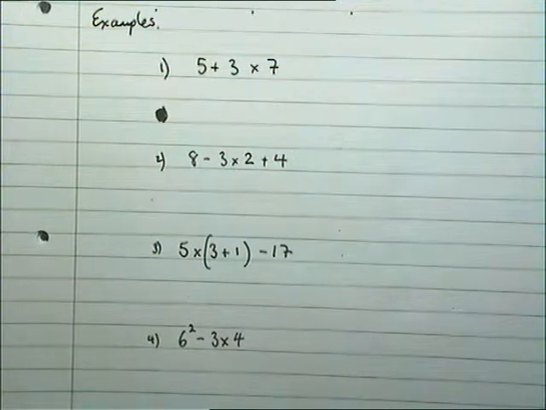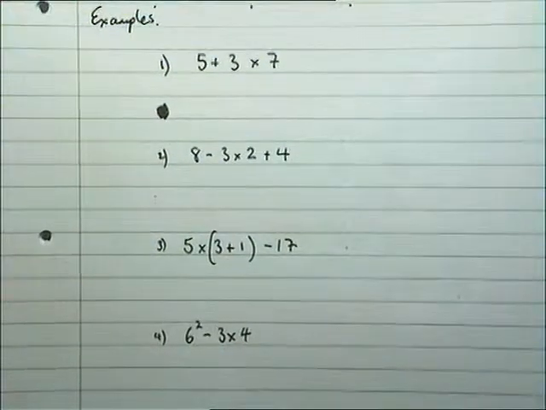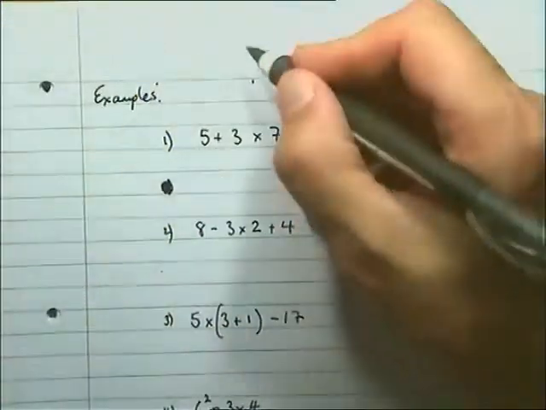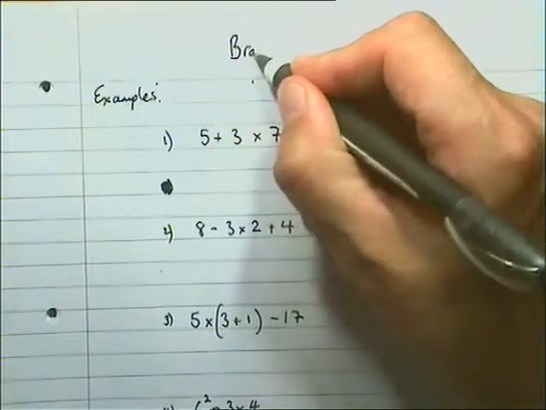How to BIDMAS. Now, BIDMAS is a way that no matter where you are, anywhere in the world, the same rules apply for mathematics. No matter where you are, you could be in Japan, South Africa, Mozambique, and any other country that you might fancy. But the rules are the same, and that is that if you're doing any calculation, you perform the brackets first,